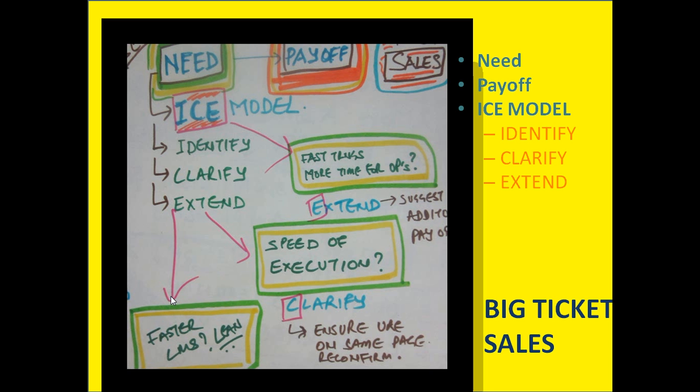Let's look at another example. Look at the bottom leftmost block that I have over there. It says faster LMS, and then there's a question mark, and then it says lean. That is the first need that is identified by you once you meet the client in a face-to-face meeting. The client says, I need a faster LMS. It needs to be very lean. And those are the only things that you get from him. So what you could be thinking is, why does he need a faster LMS?